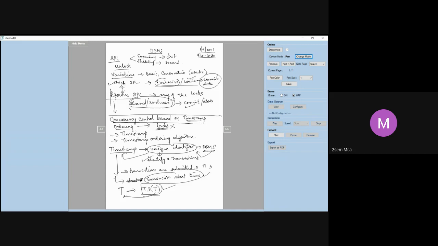Concurrency control using timestamps is a different kind of implementation which will not use any locks. Concurrency control can be implemented using locks. It can be implemented using timestamps as well. When you use timestamps, you are not using any locks. Hence, there is no occurrence of deadlock when you are using timestamps. Any questions? Any doubts? If there are no questions at all, let me proceed.